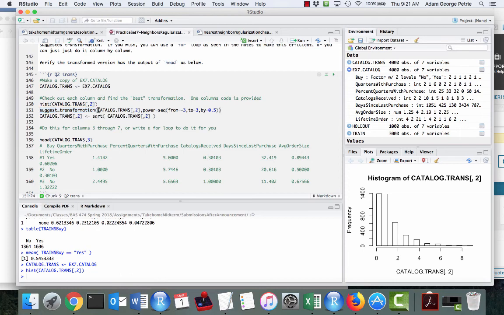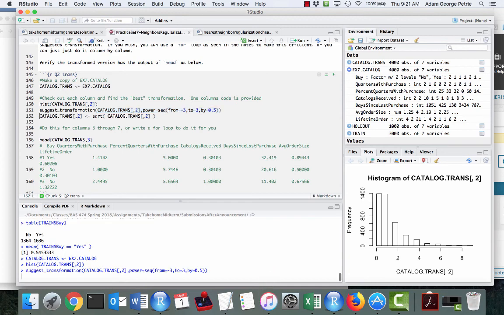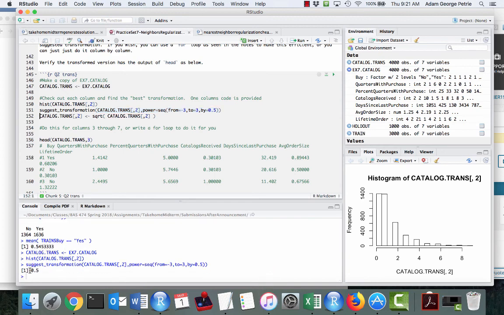We're going to say, all right, let's try out sequences of transformations, raising it from the -3 power up to the +3 power in increments of 0.5. When we try out 0, that's the log 10. And so let's just see what this suggests. It says, okay, well, let's try raising catalog.trans, the second column of that, to the second power. And that's just the square root,